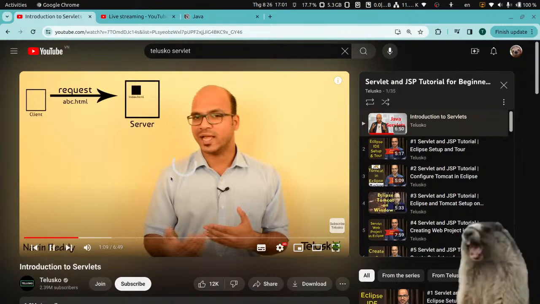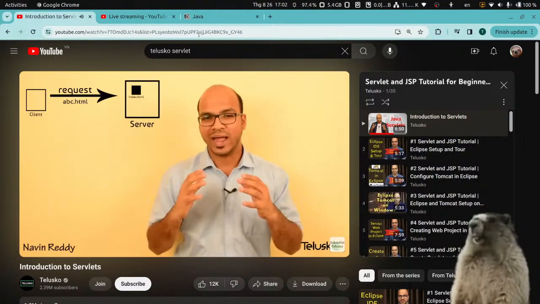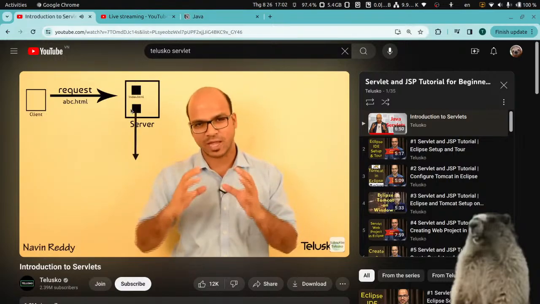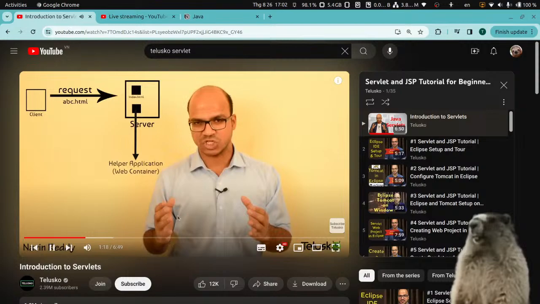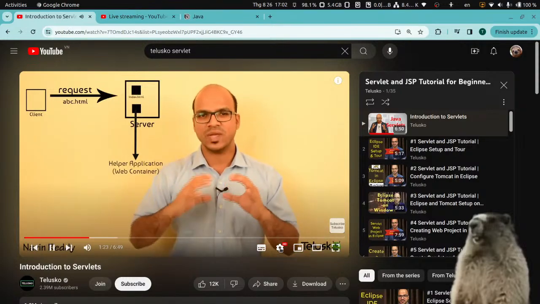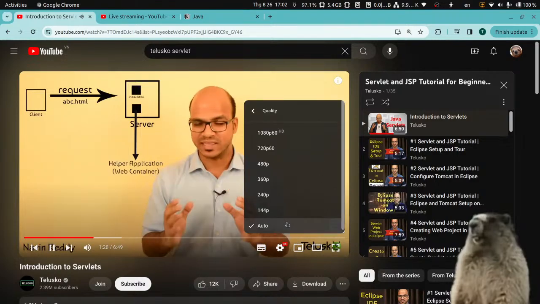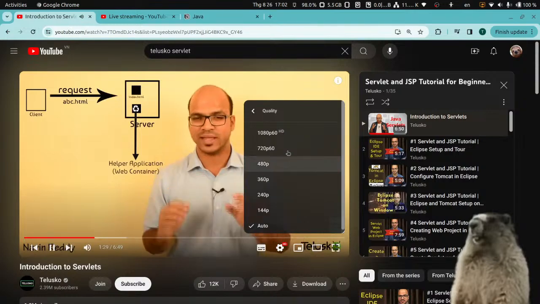About Servlet, I'm going to watch this video to build that page. So that request goes to a helper application. Can you see that we got a helper application on the server? Now this helper application is also called a web container. In this web container you'll have servlets. Now what is a servlet? A servlet is basically a Java file which can take the request from the client on the internet, and it can